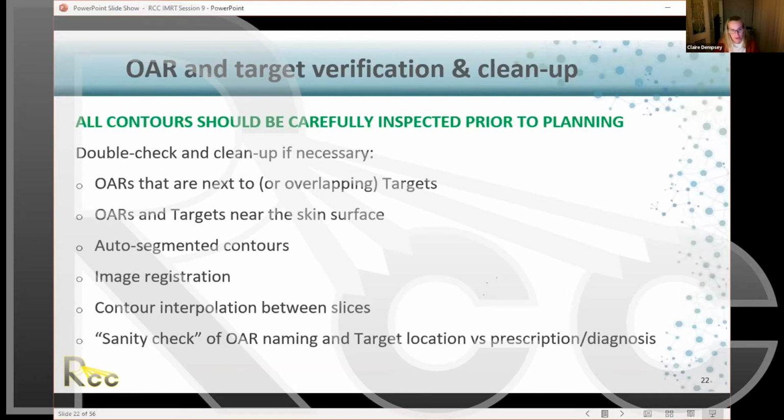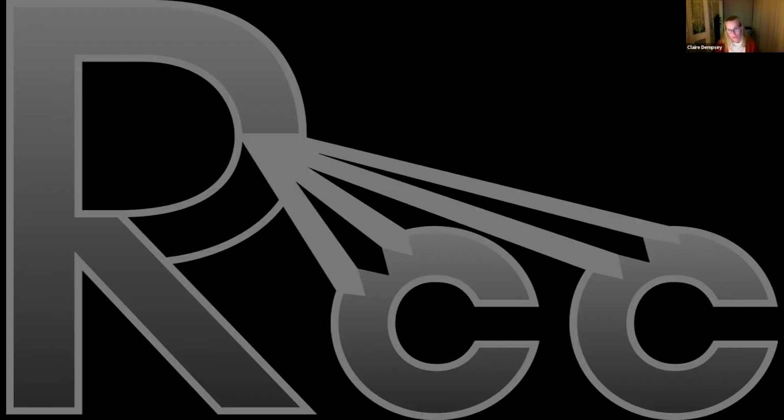You need to check your image registration. It's very easy to copy contours from an MR to a CT, but if the registration of those two data sets isn't right, then the copied contours will be going to the wrong position on our patient, and we could be doing geographical misses of our target in that case. Again, we need to check our contour interpolation between slices. Planning systems are really good at that these days. They're getting better and better at doing interpolation between slices, but they aren't perfect, particularly contours that rapidly change from slice to slice. The interpolation can often be,